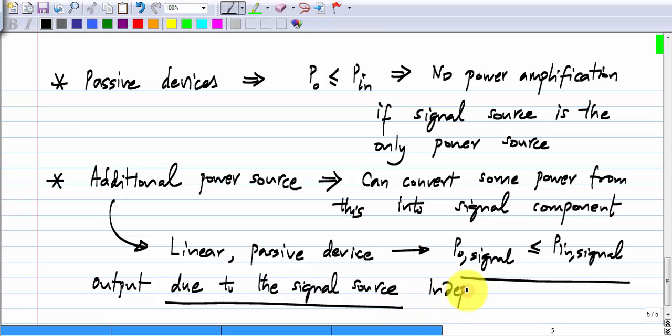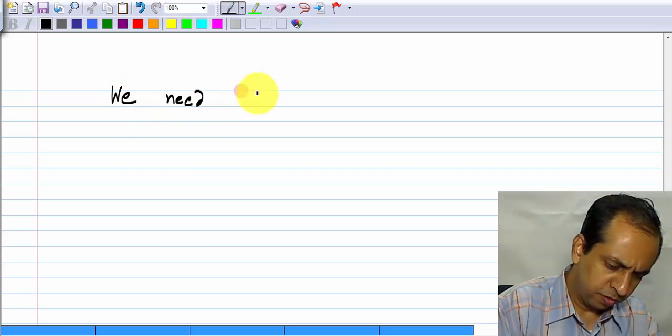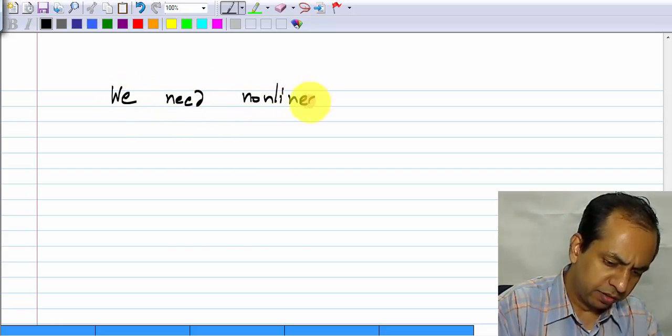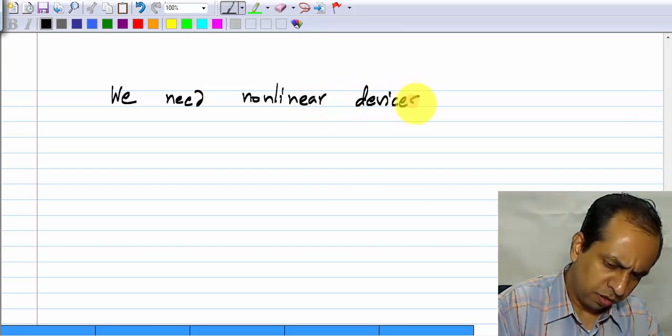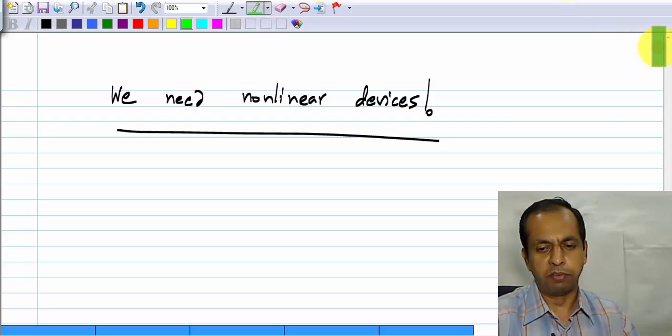This will be independent of the additional source. So, you cannot use a linear device for amplification. So, the very important conclusion is that we need nonlinear devices. Now, some of you may have already been exposed to the transistor or other amplifying devices, and